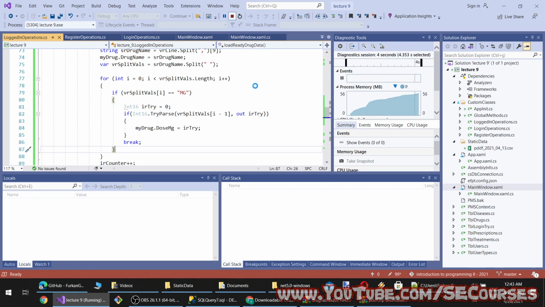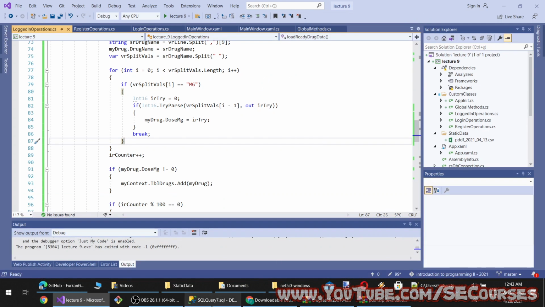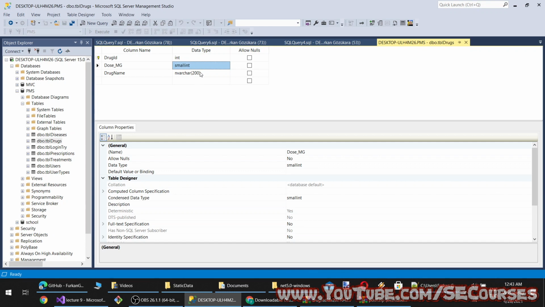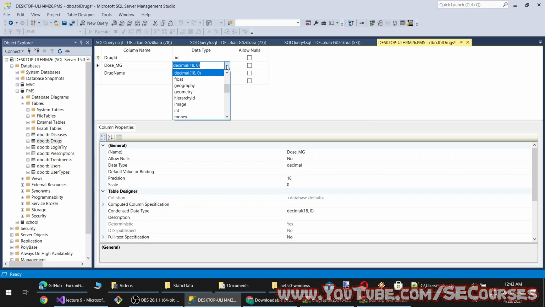precise. Yeah, I think what we need to do is change our database. So we need to change this from small integer to, I think, decimal. Yes, decimal, but with precision 2. So yeah, I think this would be better.